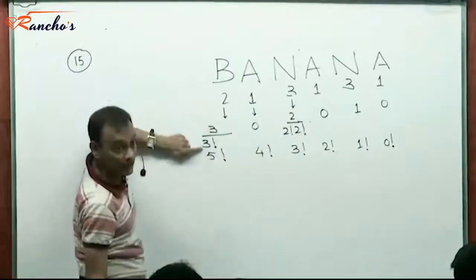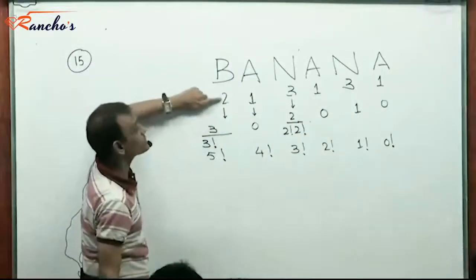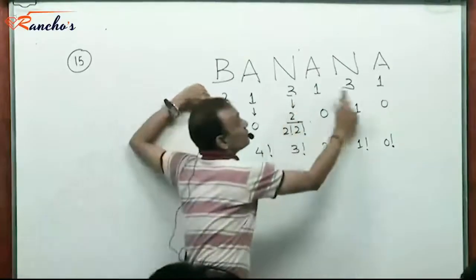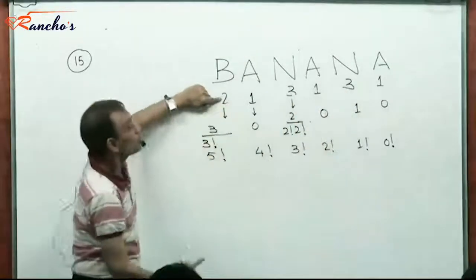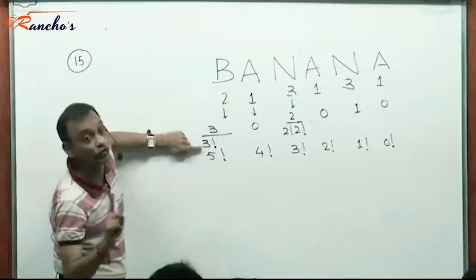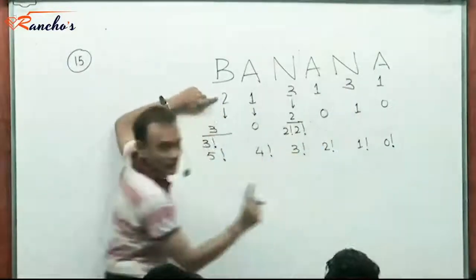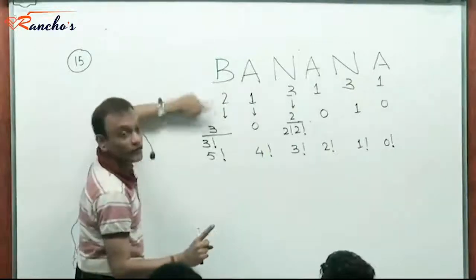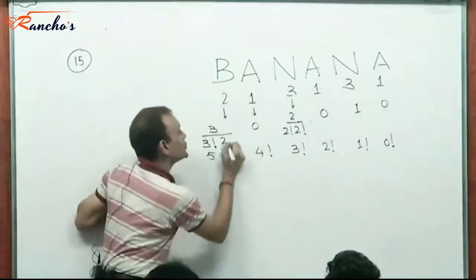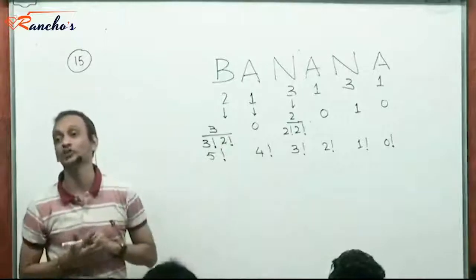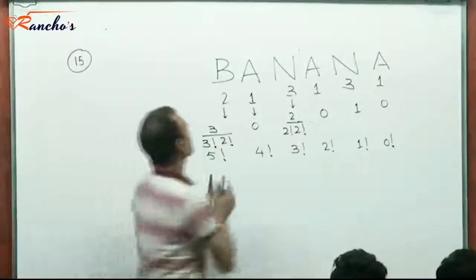But when I have to divide, for all those that start with B, there would be repetitions of n also. So when I have to divide, I'll have to look at those that are repeating as well. So n and n, even though they are not less than 2, they are repeating. So I again divide by 2 factorial for the sake of repetition of n. I made this mistake. Just fix this.